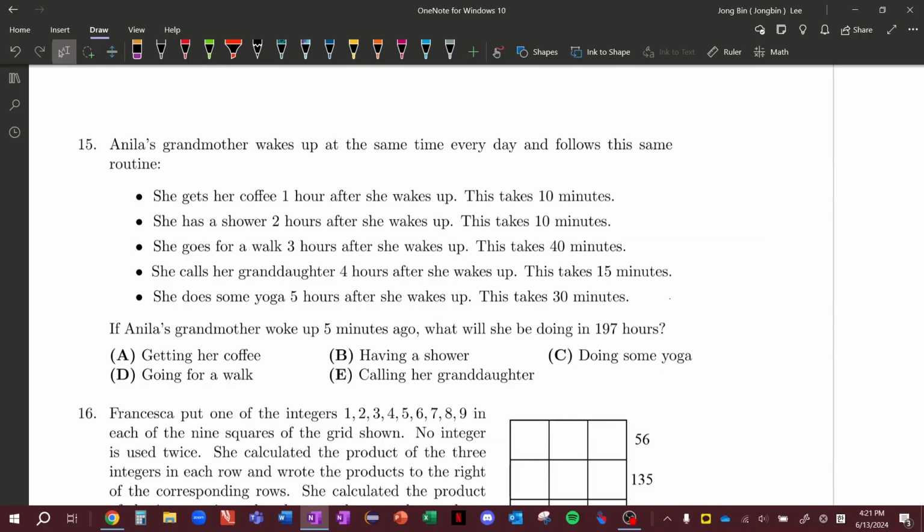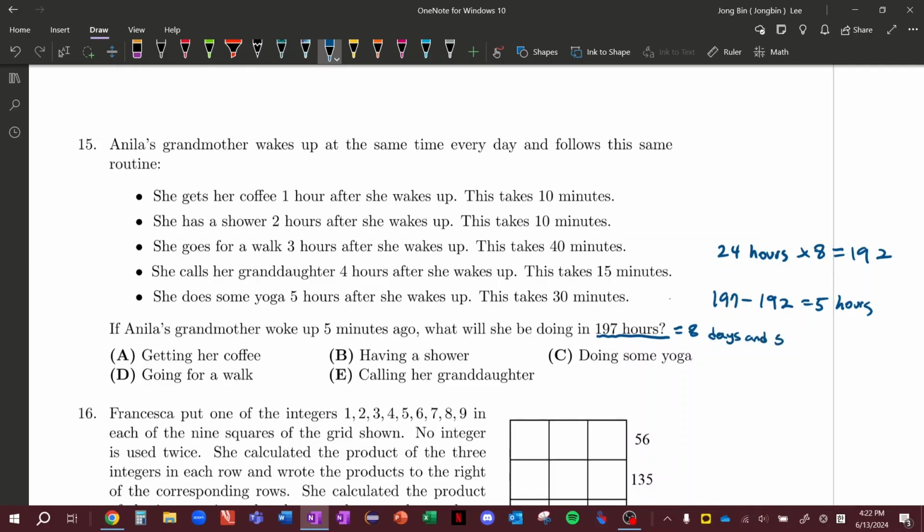Since we know that the grandmother does the same thing every day, we could simplify this 197 hours by subtracting the number of days that have passed. In one day there's 24 hours, and if we multiply this by, let's say, around 8, we get 192 hours. That's perfect to subtract from 197 hours, which gives us 5 hours. So basically 197 hours is equivalent to 8 days